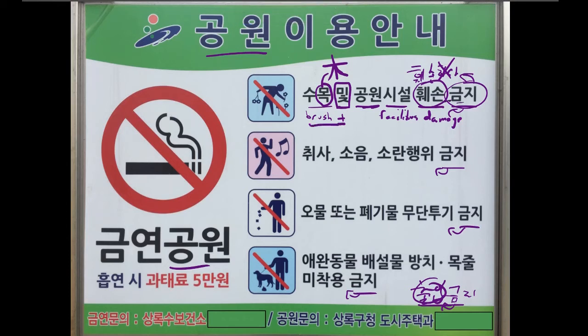So the bushes, in addition to the park facilities, are damaging the park facilities. Okay, don't do that. They could have picked a better picture than somebody picking flowers, because I don't really feel like that picture here is really a good representation of what this sentence here is saying. But okay, good enough. Now let's go to this next one.